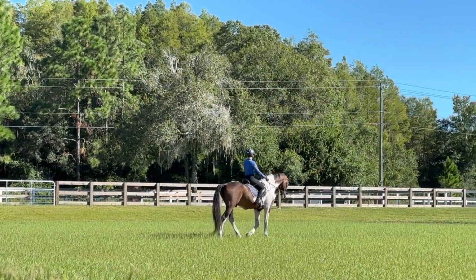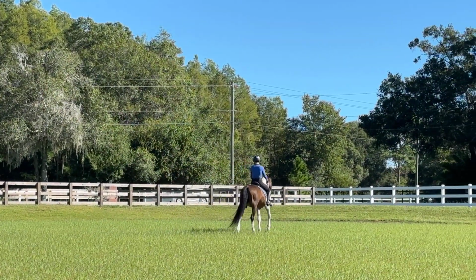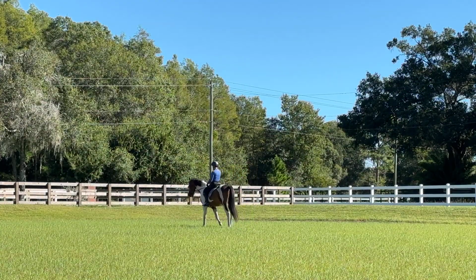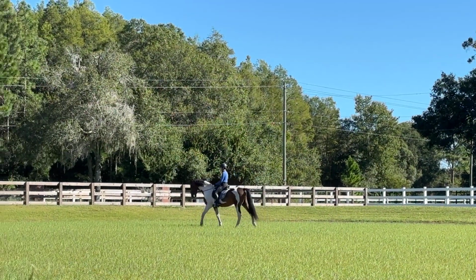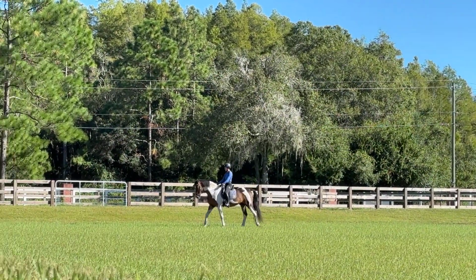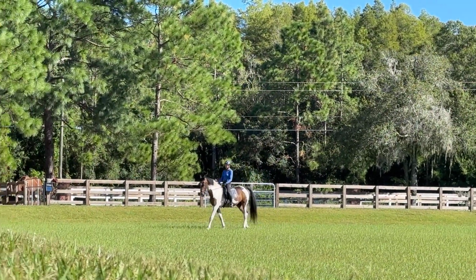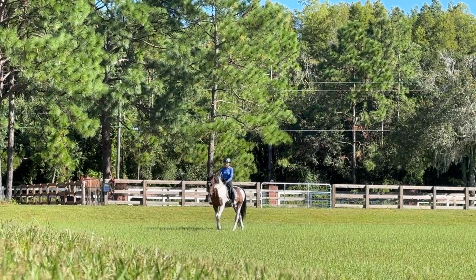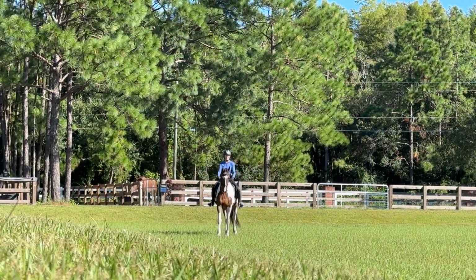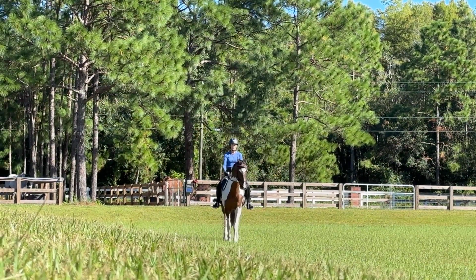So even here in the walk, you can experiment. I don't like your changes of direction. Just go one direction. It's too random, we want to work on that. If we're working on your position, we need to work on your position going one direction, because then when you switch, you're going to change your position, right? Especially on a horse like this, where he's a bit wide across the top, you almost have to sort of pick your seat up and switch it a little bit,